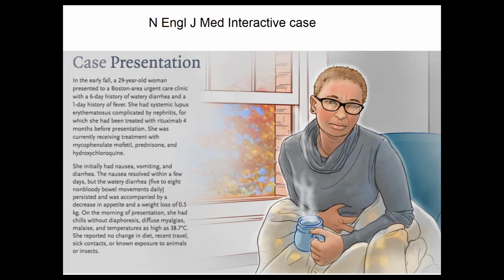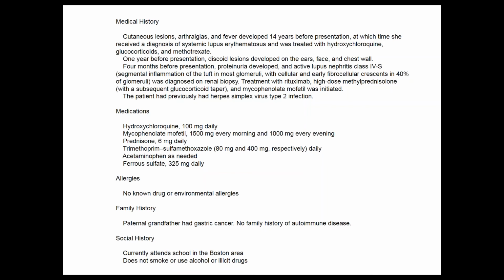29-year-old lady, looks like she isn't doing very well, has nausea, vomiting, and diarrhea. She has, we're told, systemic lupus erythematosus, similar to the patient that we just looked at in the New England Journal. And she gets rituximab and treatment for that. And so she comes in pretty sick and has lost weight and has fever, and we can see she's very unhappy. So here's her medical history: cutaneous lesions, and she's got renal disease, and somebody did a biopsy, and she,